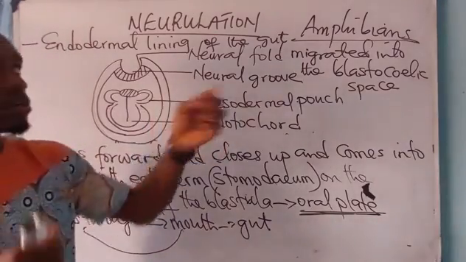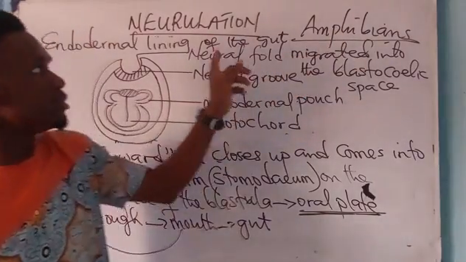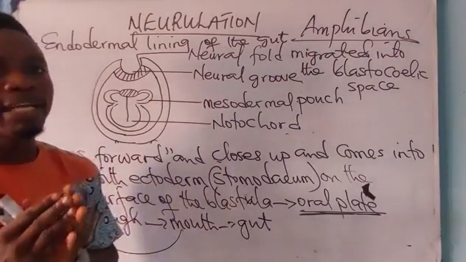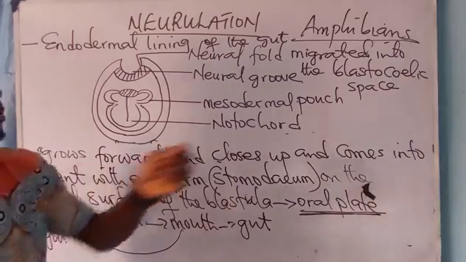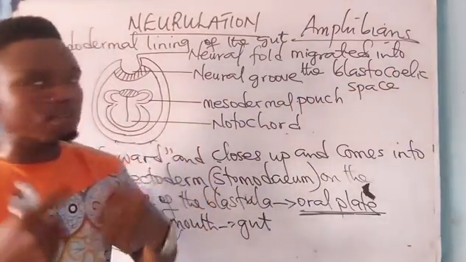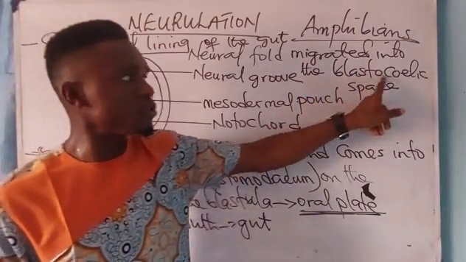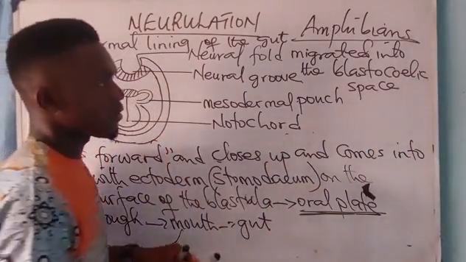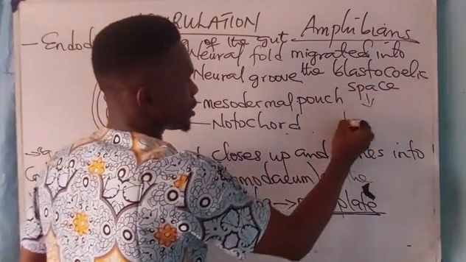So the cells of the amphibian during neurulation, that is in the formation of the mesoderm, will migrate or invaginate into the blastocoel, which is the body cavity, into the blastocoelic space. This blastocoelic space extends posteriorly